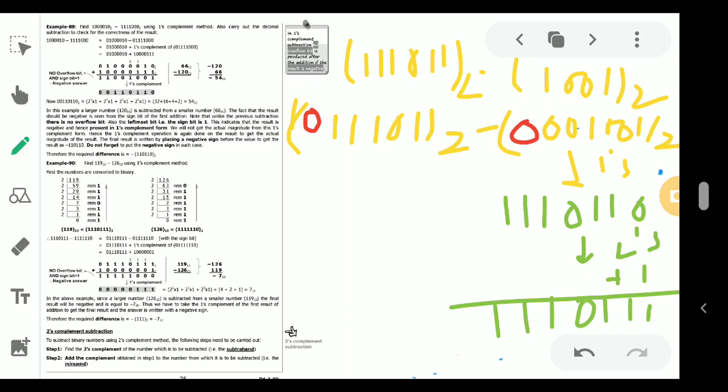So this number now needs to be added with the first number, and only then I am getting my desired resultant. Okay, so now I am erasing this top part. So the first number is 0111